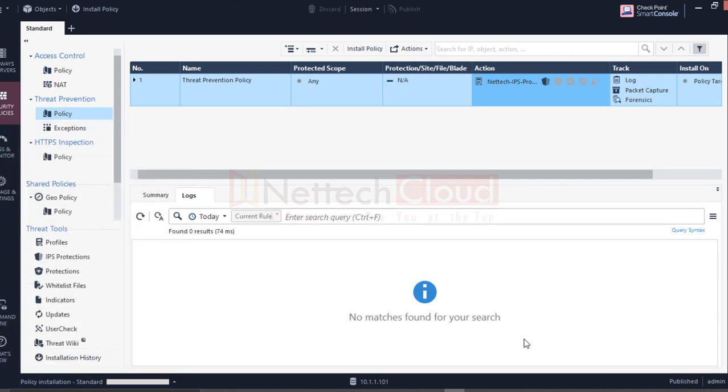I'll explain everything from scratch, from the very beginning. First we'll understand Checkpoint firewall technology, its deployment, initial configuration, then security policy, NAT policy. So we will start from scratch. I'm just showing you how the web application firewall is different from the next generation firewall. Of course, we are not going to replace the next generation firewall with a web application firewall, or the web application firewall with the next generation firewall, right?